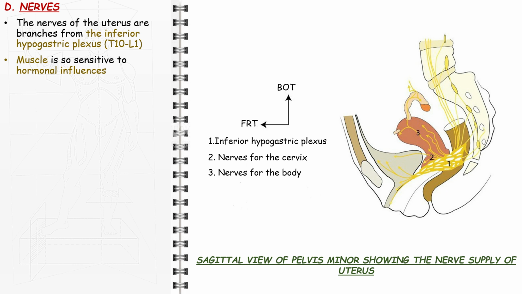However, presacral neurectomy, cutting the hypogastric nerves from the superior hypogastric plexus, does not abolish labor pain, although it may improve dysmenorrhea. The abolition of uterine sensation requires the division of all nerves, or transection of the cord, above T10 level. As with most hollow viscera, distension causes pain, but both the cervix and body are relatively insensitive to cutting and burning. In contrast, the uterine tube is sensitive to touching and cutting.